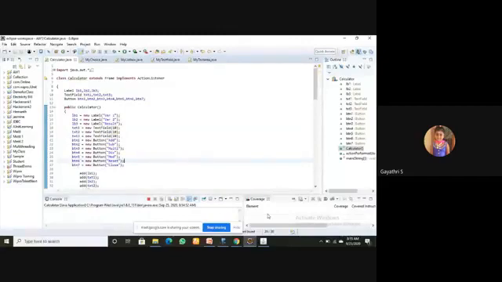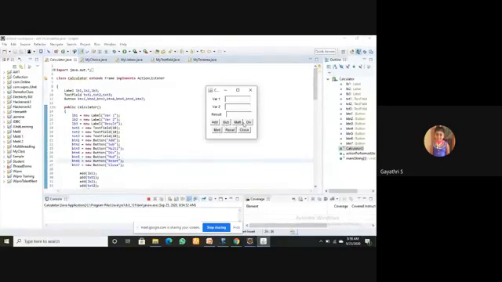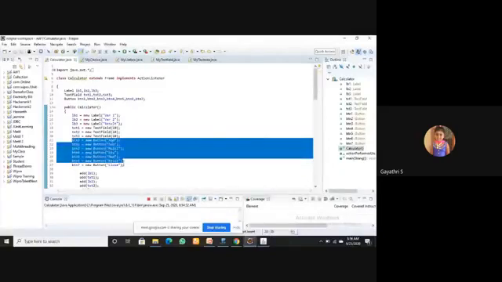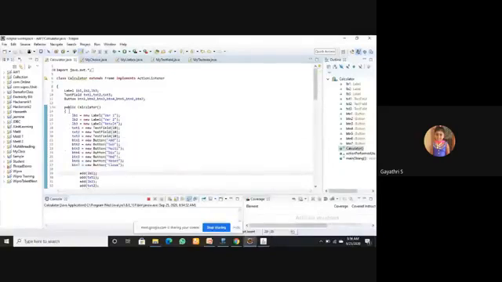Seven buttons are added: for addition, subtraction, multiplication, division, modular division, reset, and close. So seven buttons are created, and you are just instantiating the buttons.